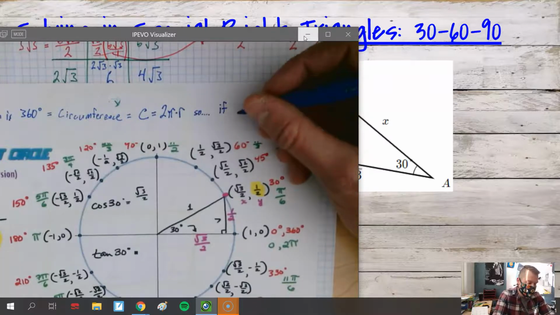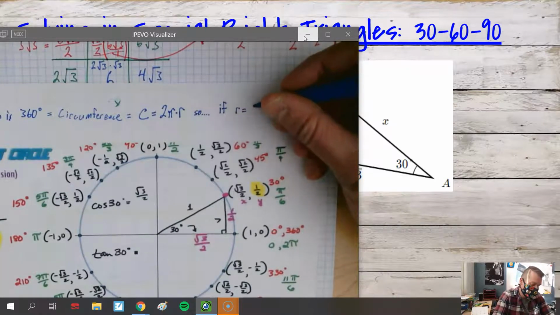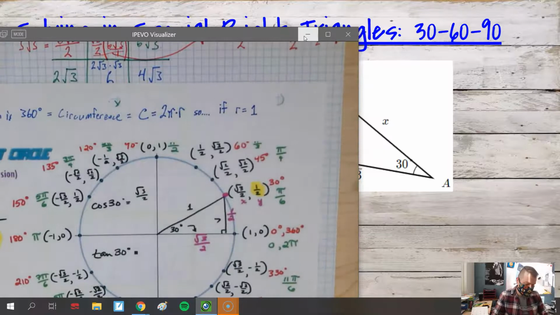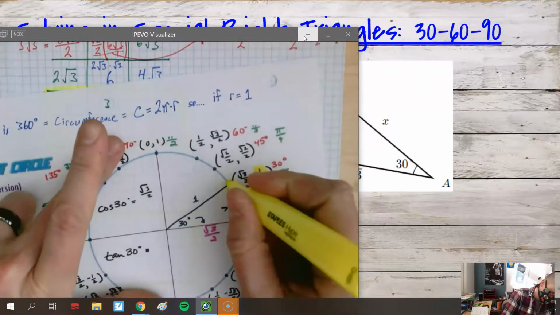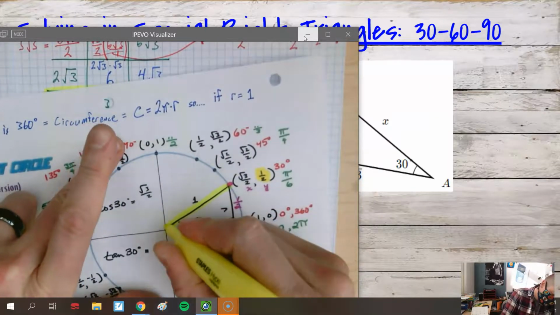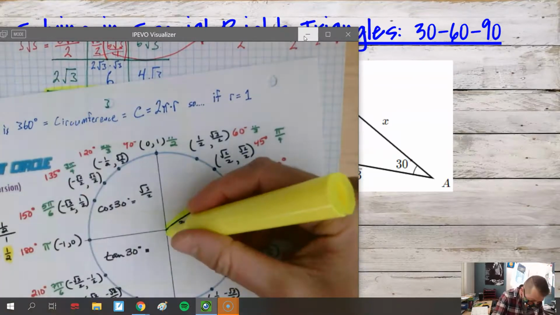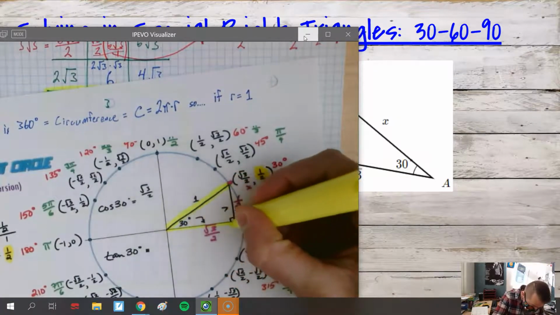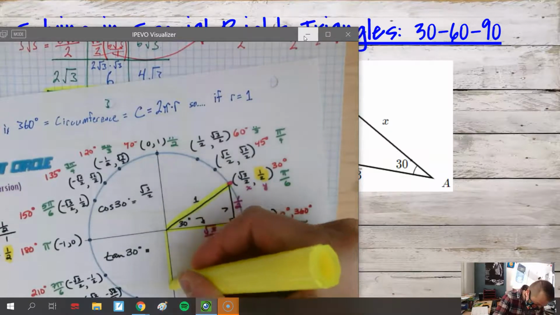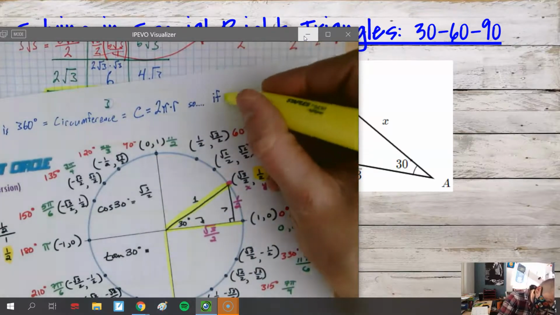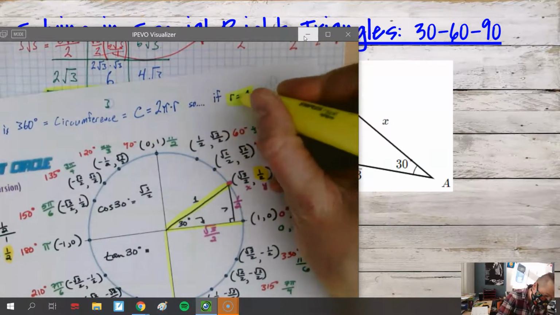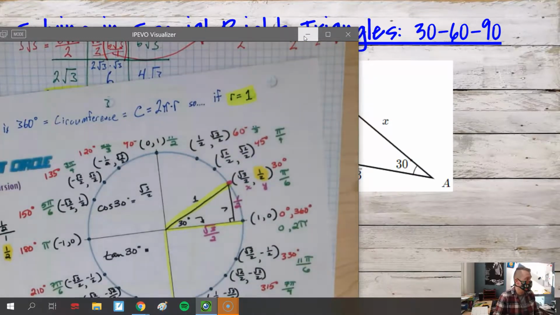If r, the radius, is 1, we can break apart our circle by the circumference. So what this